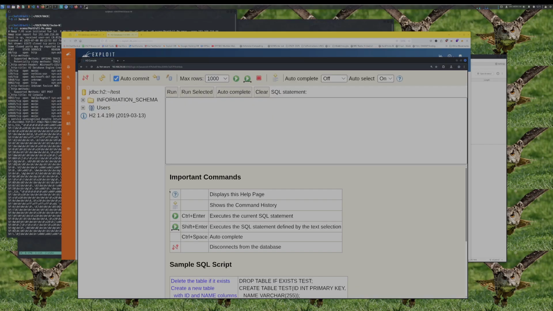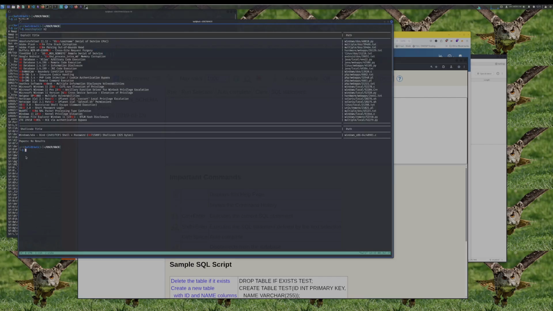So we connect, we get through to this database where we can run SQL commands, and we can see the version is 1.4.199,